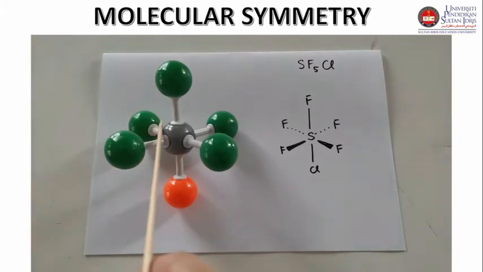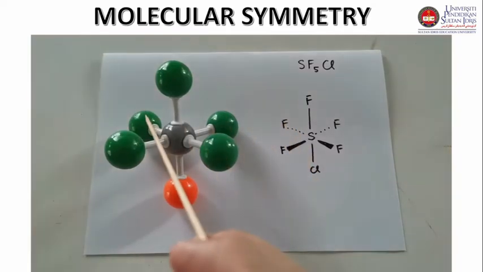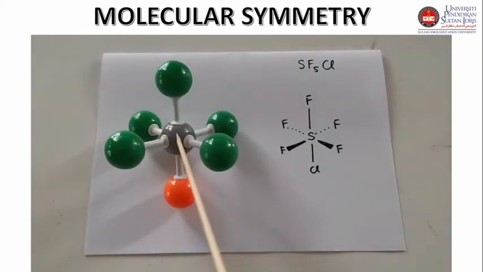So we can see that the sulfur and fluorine are in the same plane, meaning this sulfur and this fluorine are in the same plane, guys. The shaded bond represents backward fluorine, the dark bold bond represents forward fluorine atom, and the brown atom represents sulfur atom.